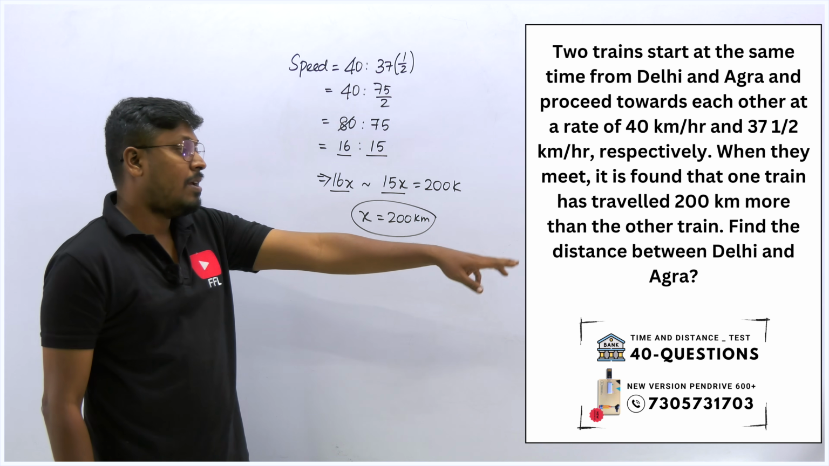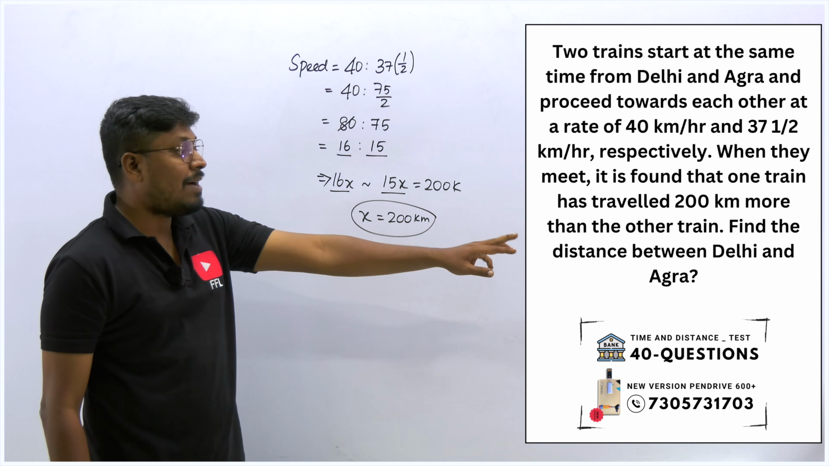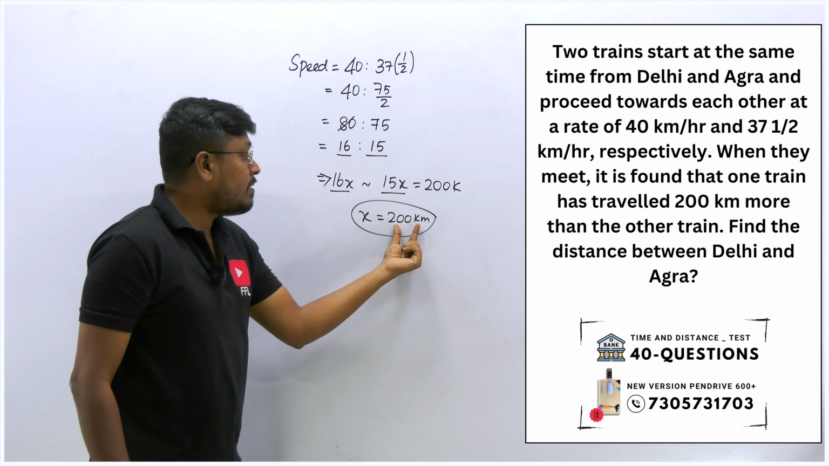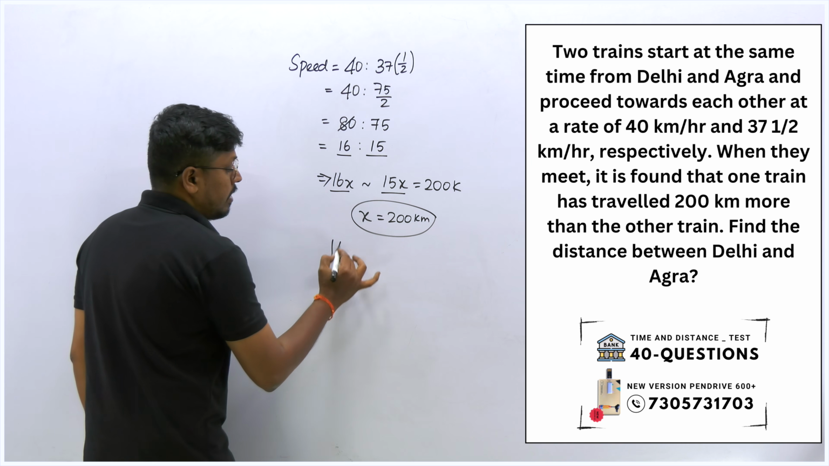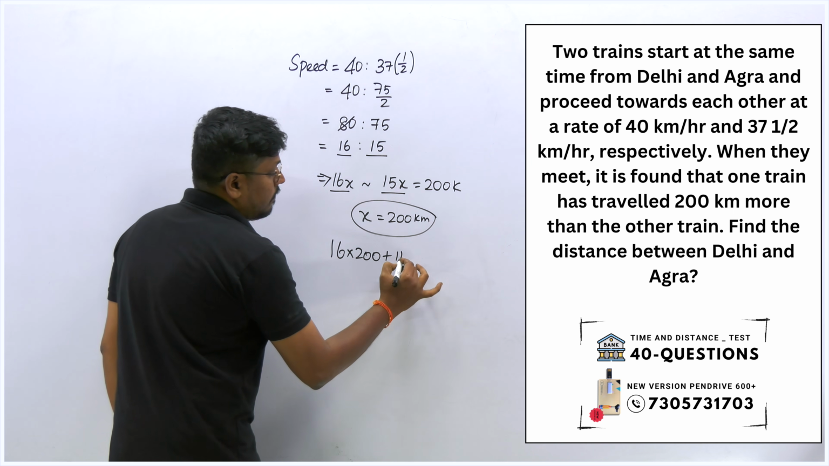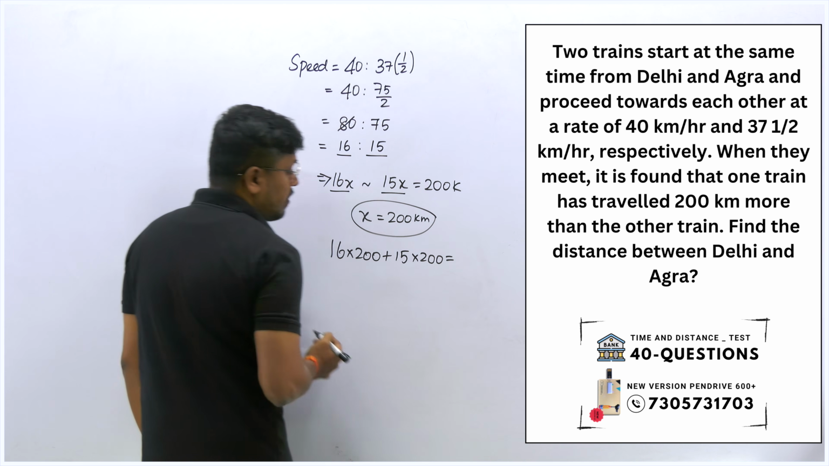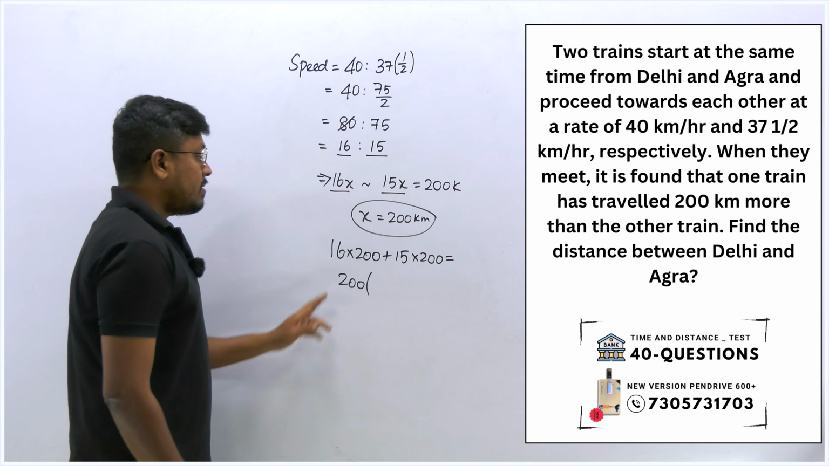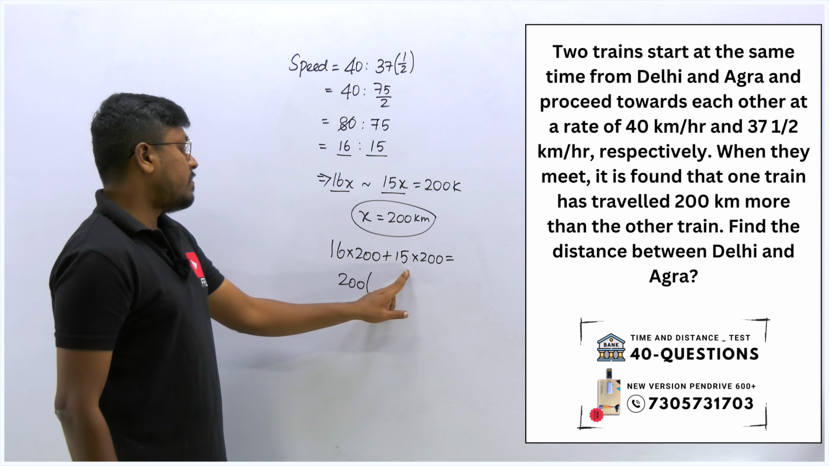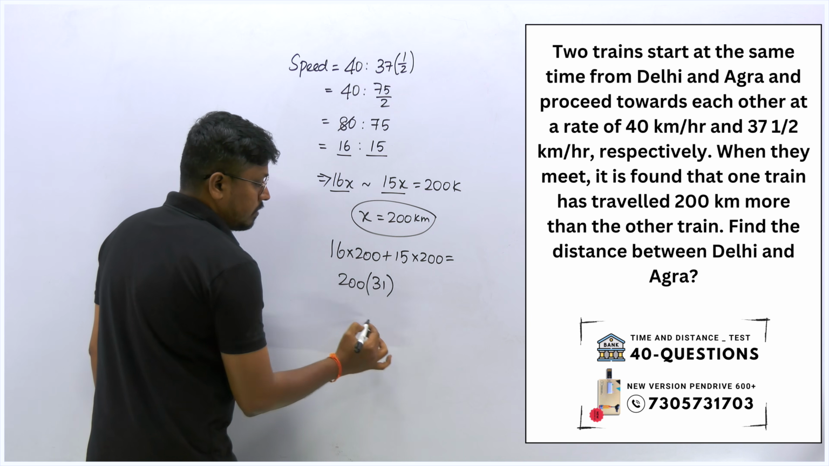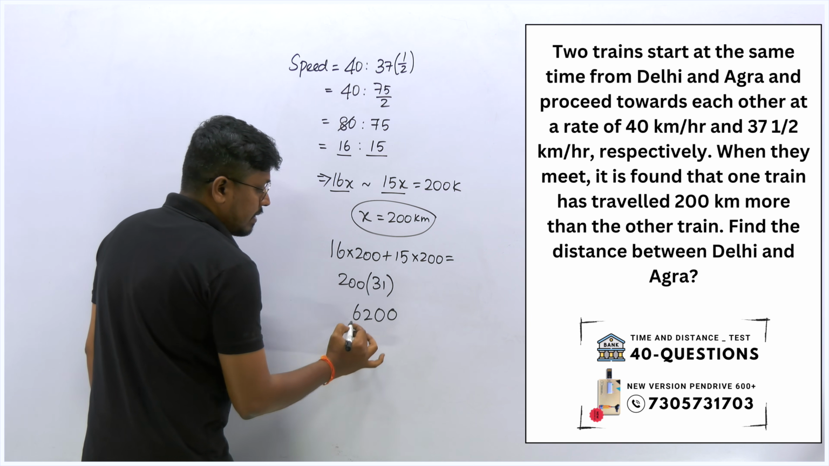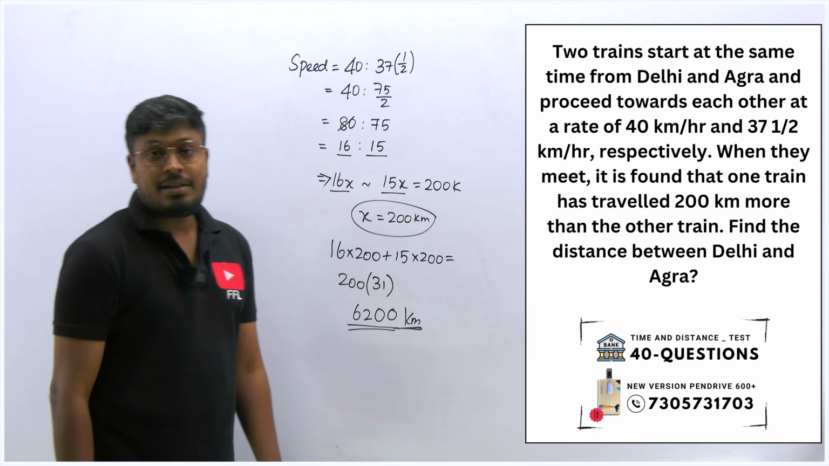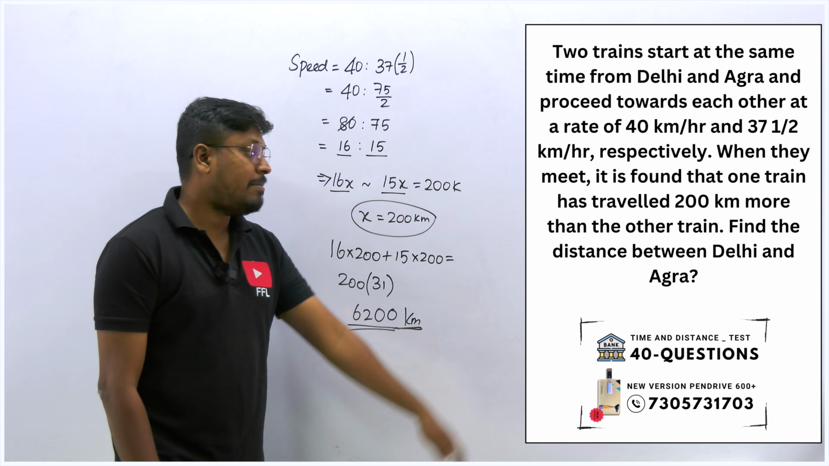And now according to the question, our target is to find the total distance that was traveled between Delhi and Agra. We know that the first train speed is 16x and x will be the total kilometers. So 16 into 200 plus 15 into 200. The resultant will be the total distance that was traveled between both the trains. So I think we can take 200 outside common. So 16 plus 15 will be 31. So 31 into 200 is 6,200. Yes, 6,200 kilometer will be the total distance that was traveled by both the trains between Delhi